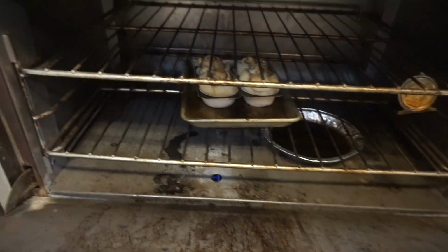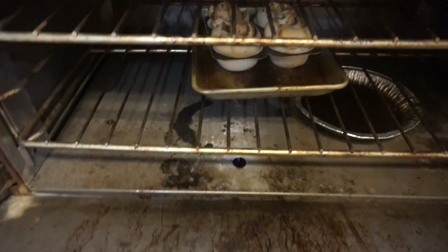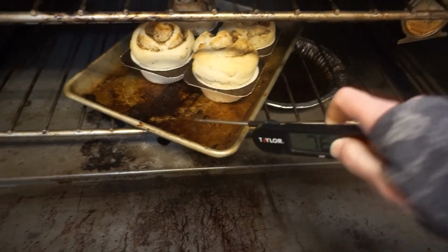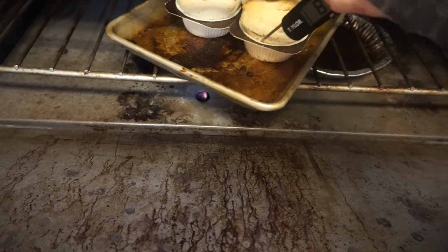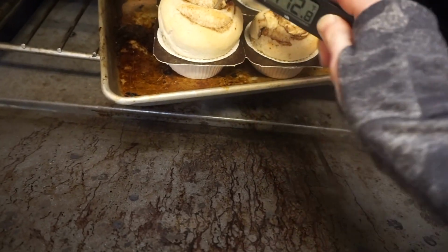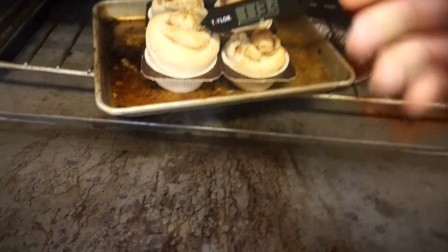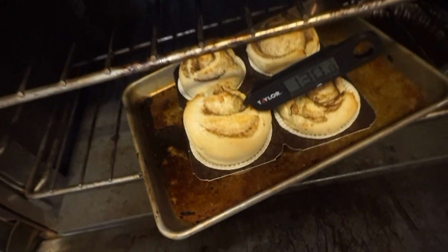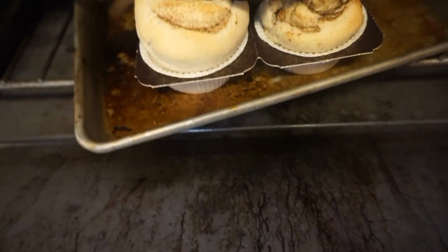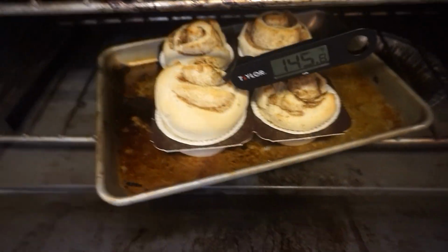So we're gonna, ooh, look at how fluffy and glorious they look. Oops, don't be like me, use an oven mitt. Okay, so we're going to temp them. Boop. So you see that some of them kind of cracked a little bit, like this little guy. That is most likely because